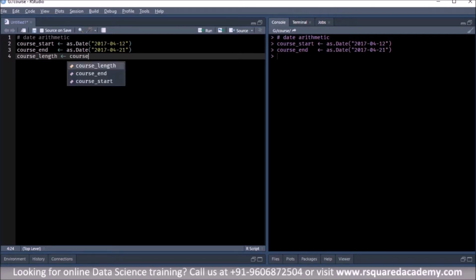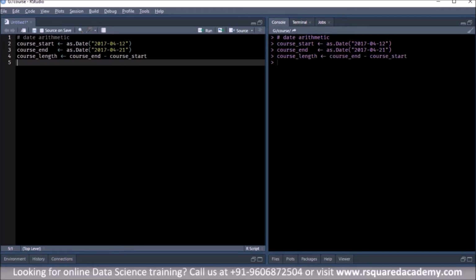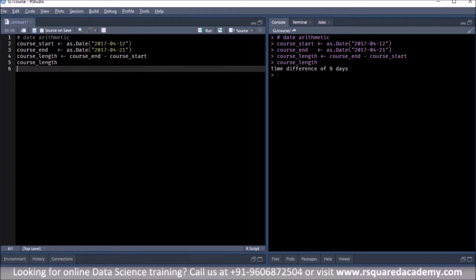That would be course end minus course start, and if we call it out, we should be able to see the course length. The time difference is 9 days, so the course duration is 9 days.